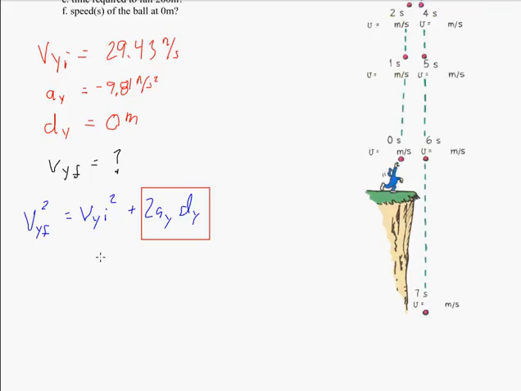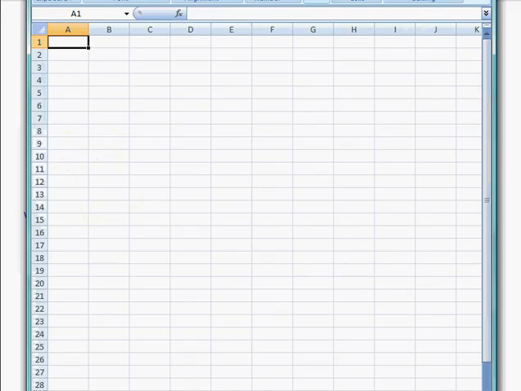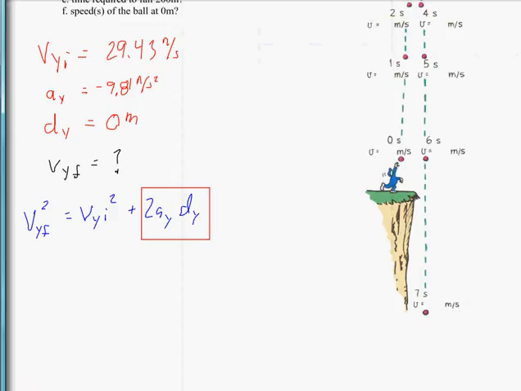So I'm going to bring up Excel because I don't have a calculator with me right now. So I'm going to say that this square equals 29.43. I'm going to raise it to the power of 2, and that's what your answer is. Well, to some extent, 866.124. Once again, if you want to see that, guys, when you click on it, you'll see the formula I put in. When I bring this off to the side of the screen, you guys won't be able to see it anymore. I can still see it. You'll see that when I square my VYI, I get 86.6